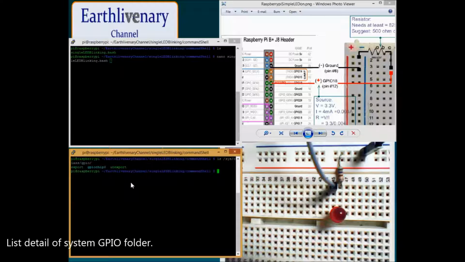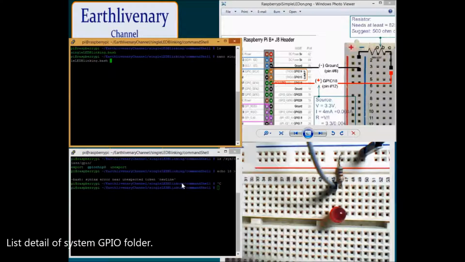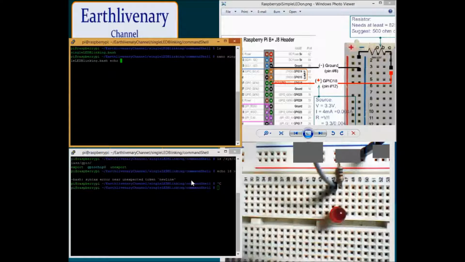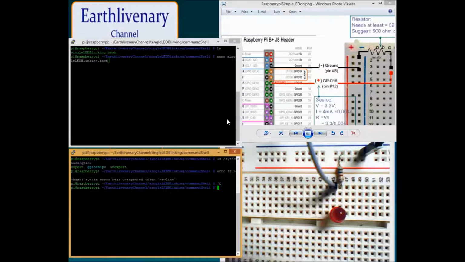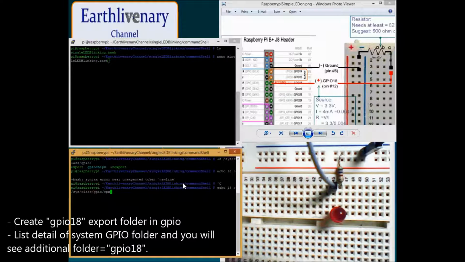Okay, right now you see I generate an export for GPIO 18 over here.